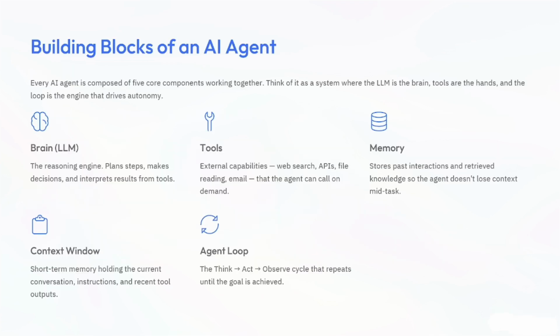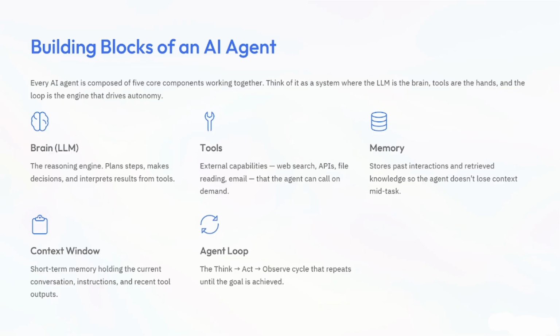Let's understand this thing. Before that, as you already know, every AI agent has five important components, and I will be explaining them now. First one is the brain, that is the LLM. It decides what should I do, which tools should I use, is the task completed or not. So it's kind of a brain.